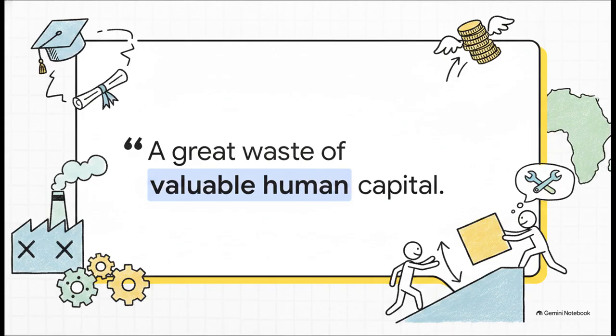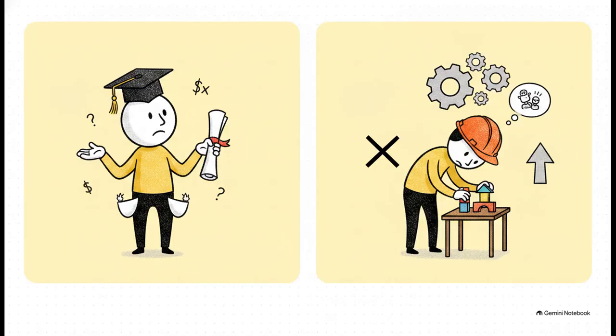A developing nation spends its precious, incredibly scarce resources to educate and train its people. But because the economy can't utilize those specific skills, all that time, money, and potential just evaporates. And this brilliantly illustrates the contrast between two very closely related issues.